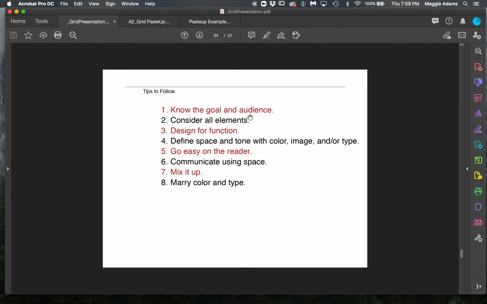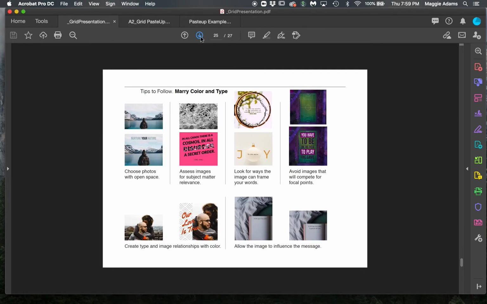Communicate using space. So the negative space brings your eye to different elements, so use negative space to your advantage. Mix it up. Don't have everything be the same size or the same color. You need some contrast that helps to break it up. And marry color and type. So really think about the color that's in your images and the color in your type. So what I mean by that is if you look at